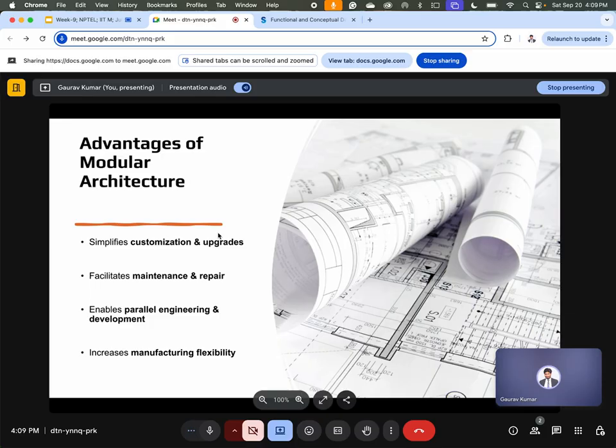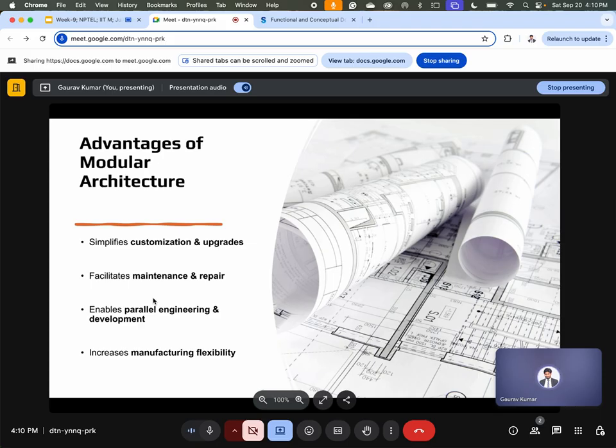Modularity also greatly enhances ease of maintenance and repair. Modules can be replaced individually without disturbing the rest of the system, leading to lower downtime and improved user satisfaction. Furthermore, modularity